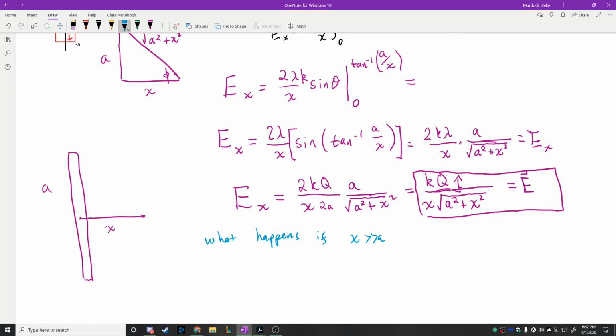What happens to this formula when x is much, much greater than a? So here what we can do is say, if x is significantly larger than a, we can basically neglect a, and x squared plus a squared is pretty much just going to be x squared, right? But then we're square rooting it, right? So what happens is that the electric field ends up going to basically just k times q divided by r squared, or not r, sorry, divided by x squared,